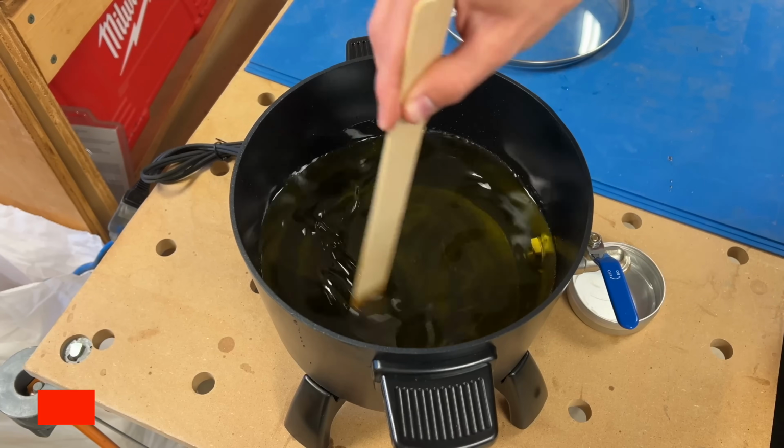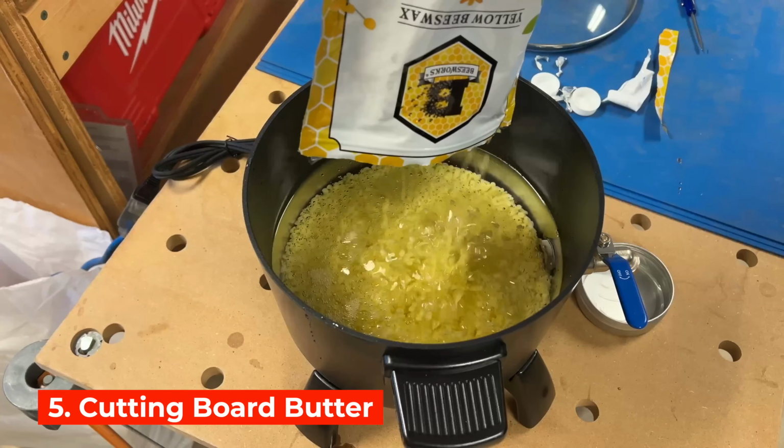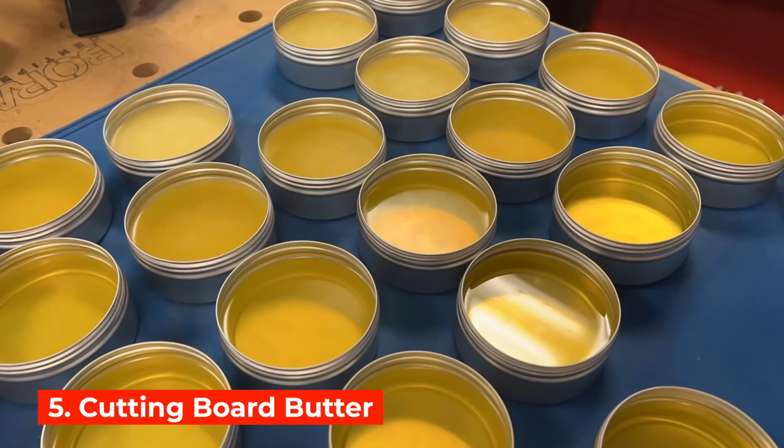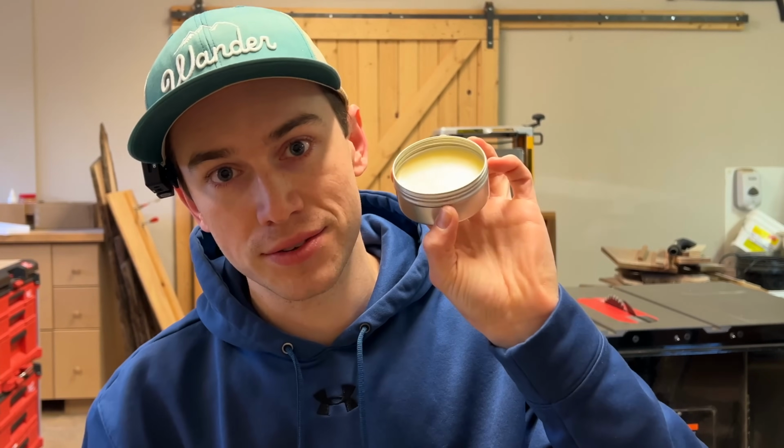Number 5 is cutting board butter. This is another great seller, and this is a great product to pair with cutting boards and charcuterie boards. If you don't know what cutting board butter is, it's this right here. Basically, this is something that I make in my shop with a little wax melter that I have below my workbench. I melt down some beeswax, mix that with a certain ratio of mineral oil,